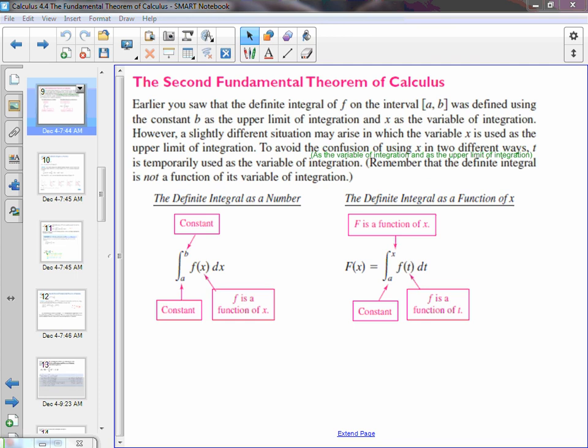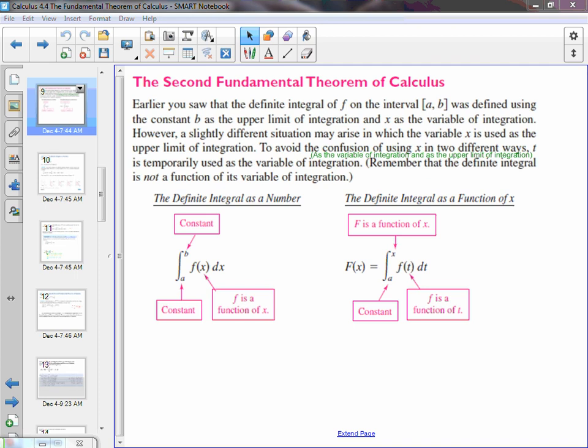Now, this causes notation troubles, okay? Remember when we were doing the chain rule, and we'd have a chain rule inside of a chain rule, so we'd have a u, then we'd have another u, but we went ahead and called it u, so we got some issues with that. So, to avoid the confusion of using x in two different ways, t is temporarily used as the variable of